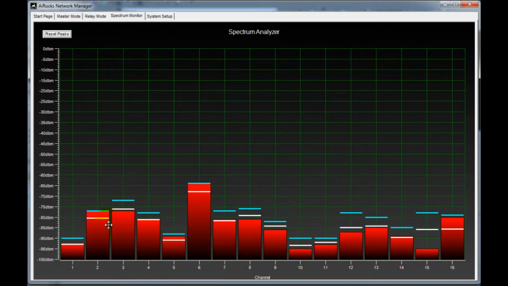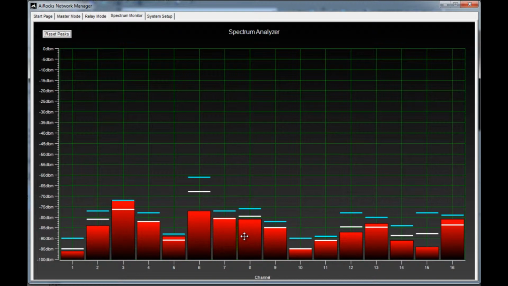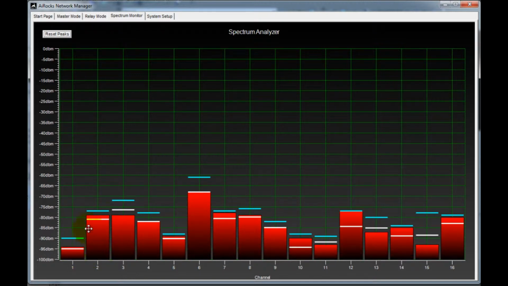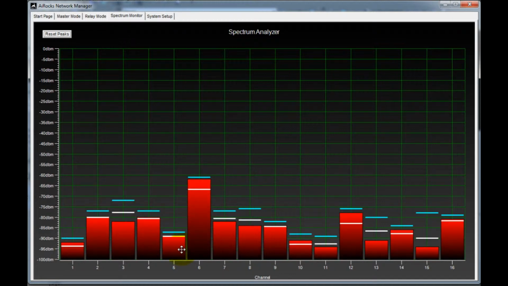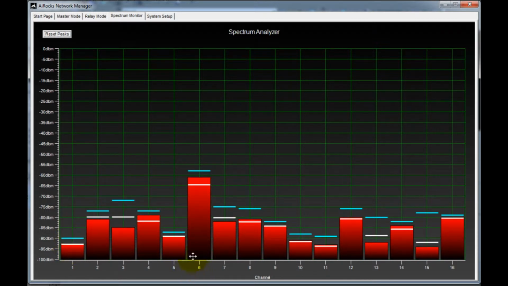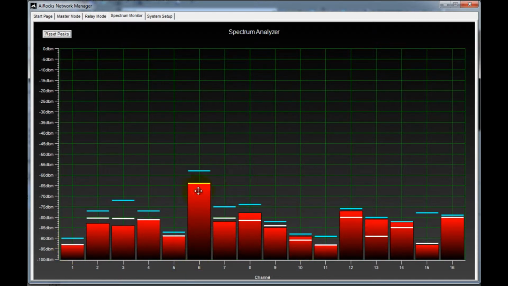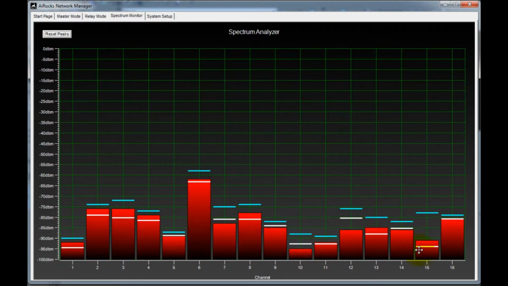And what you'll see on the red peaks are Wi-Fi interference. And I'm in a fairly congested Wi-Fi area here. So what you'll see also is a clustering of Wi-Fi energy around the low end of the band, which is channel 1 of the Wi-Fi band. And then you'll see a clustering around the center of the band, which is channel 6 of the Wi-Fi band. And then on some occasions you'll see some clustering around the higher end, which is channel 11 of the Wi-Fi